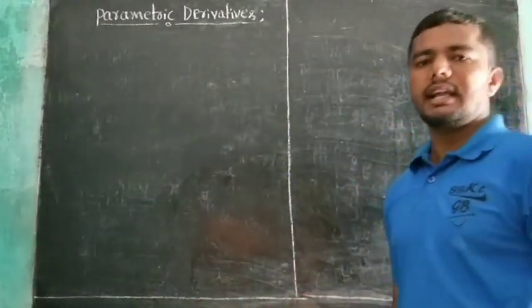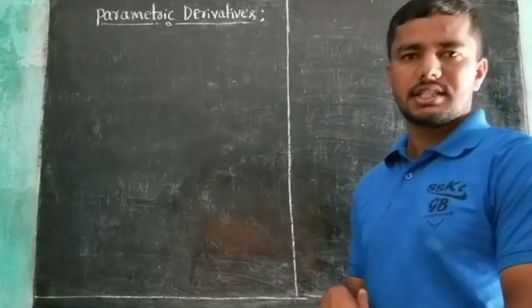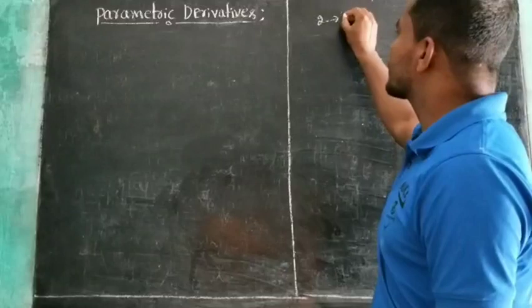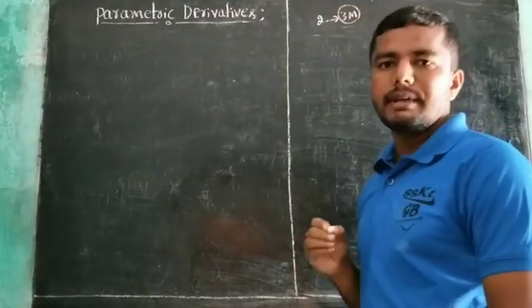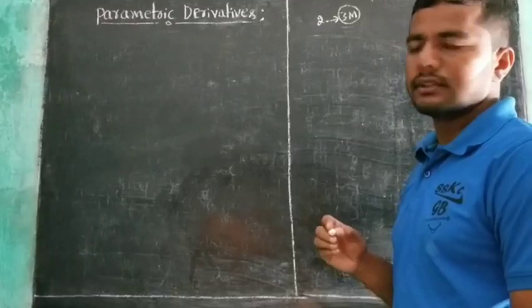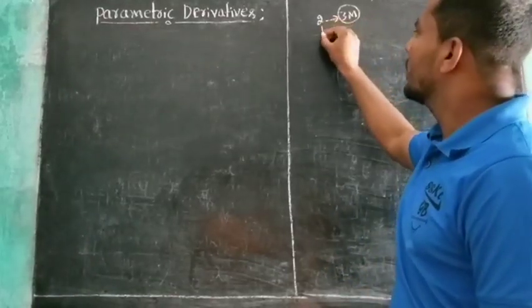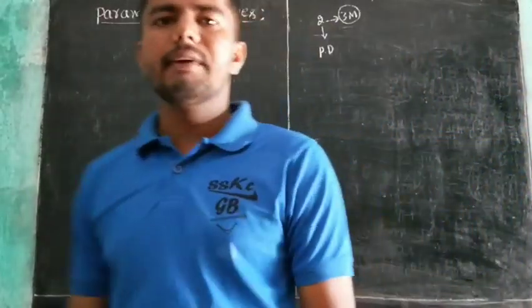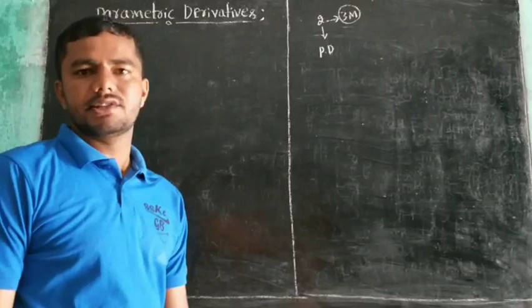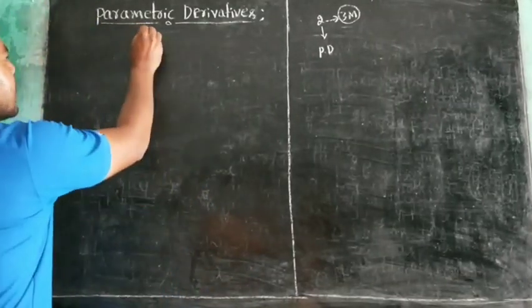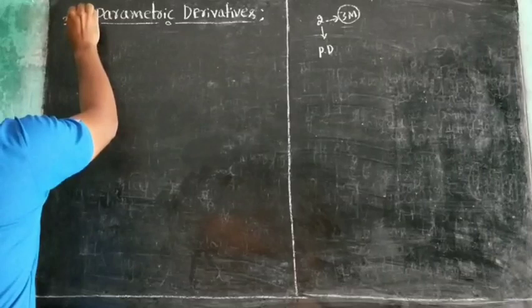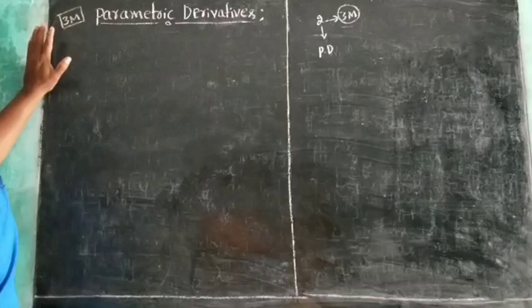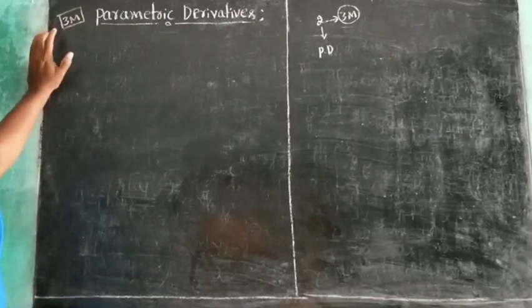The differentiation chapter contains 20 marks. Out of 20 marks there will be a 2-3 marks question. In these questions, one will be on parametric derivatives or parametric differentiation. So this concept is important for 3 marks, which means this question will appear in Part C.